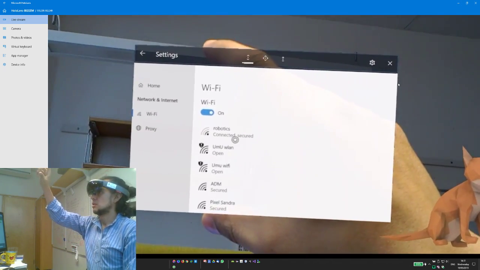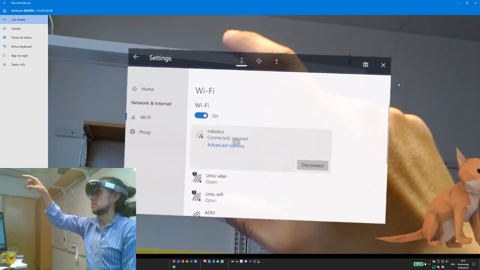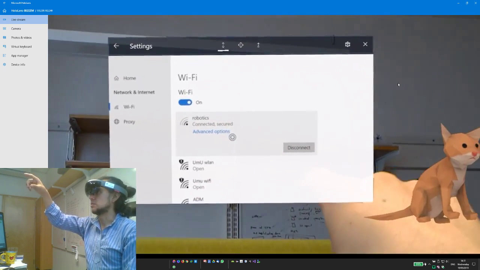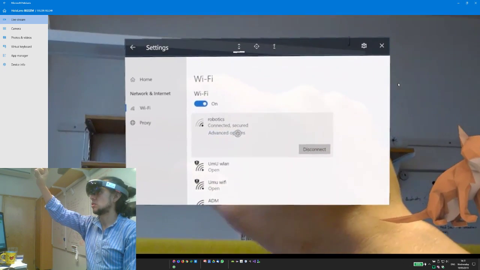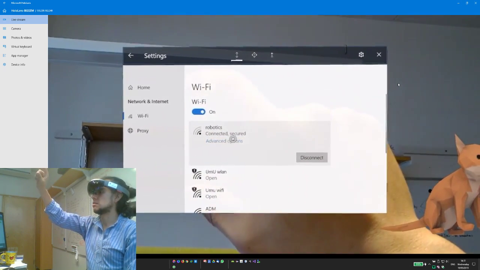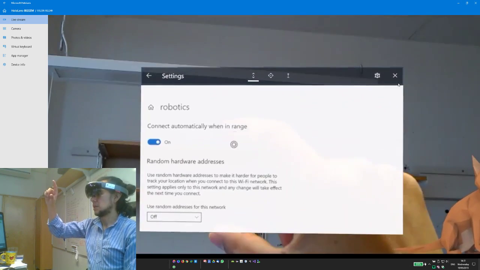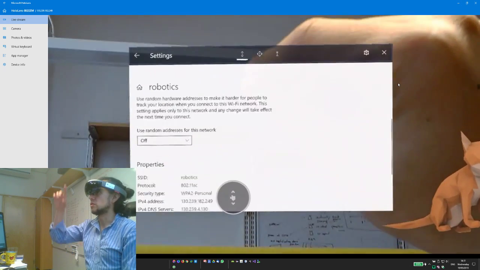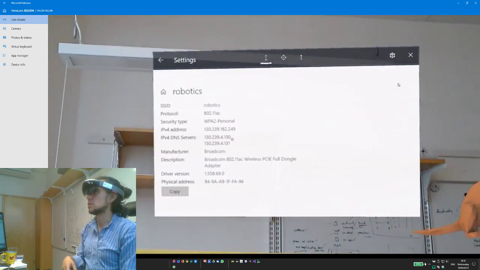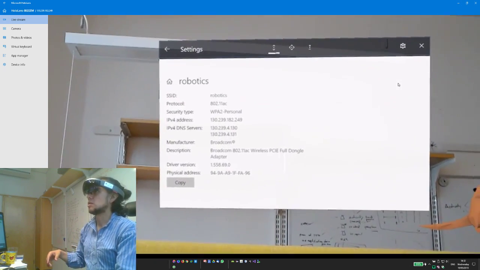This is because I'm already connected. But once you are connected, go to Advanced Options. Click there, and make this gesture to see another part of the screen, and copy this